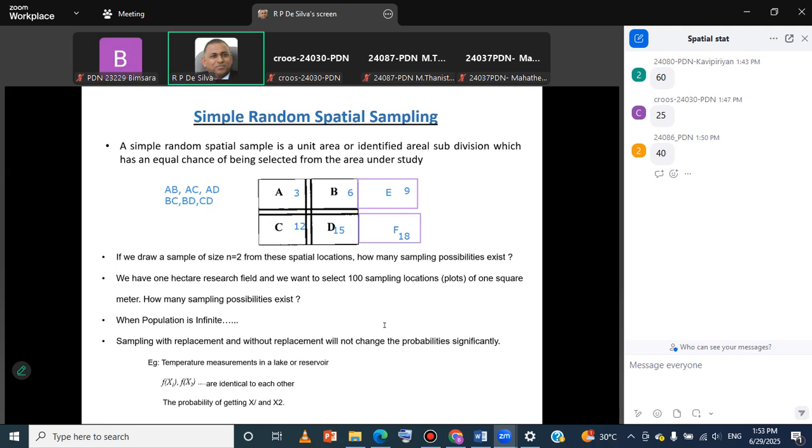So likewise, when you have a large number of sampling locations and you take different numbers of samples, what is important is to look at the probability of getting something. You need to have an understanding of the total number of opportunities possible, right? Total number of opportunities possible. So that's the kind of